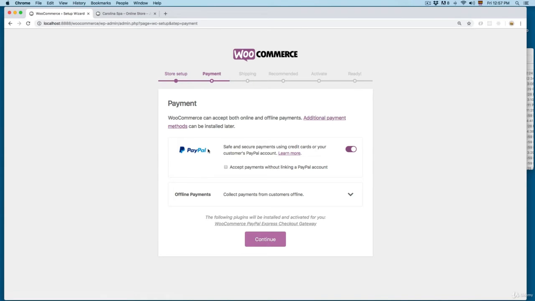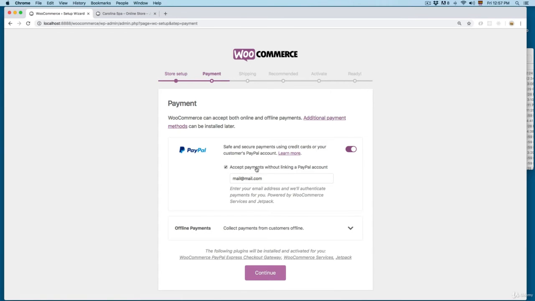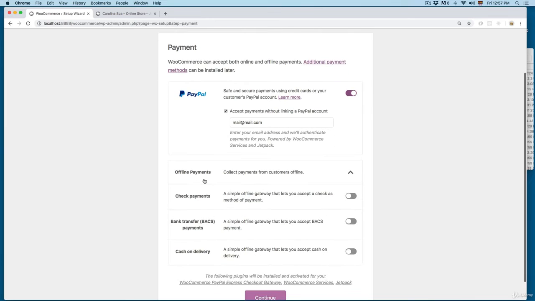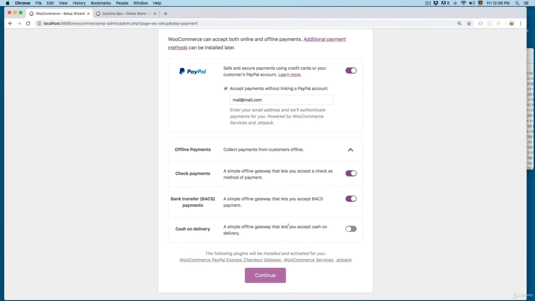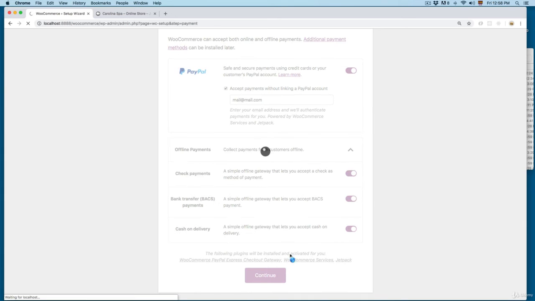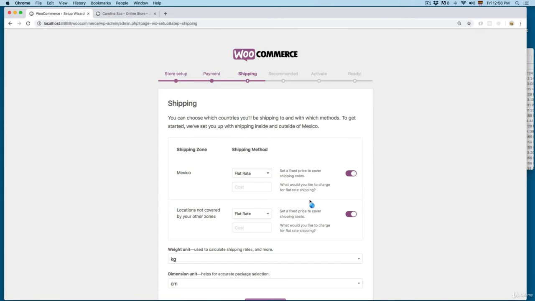From here you can select which payment options you are going to accept. In this case, PayPal is going to be added. Let me check this one because I'm not going to be adding a PayPal account yet. I'm going to show you how to add PayPal in the upcoming videos. And you can also select offline payments. So for example, someone can pay you with a check, or also send you the money through the bank, or also they can pay in person. So you can also enable this. So you can see this is going to install different plugins. So let me click here on continue. In the case that you don't want to support offline payment, you can uncheck the other values.